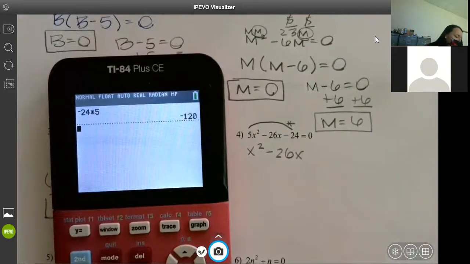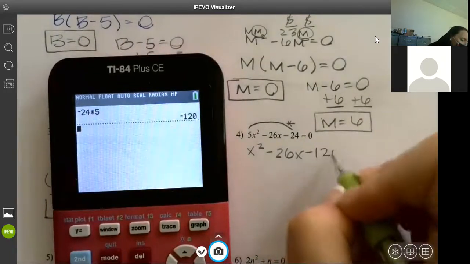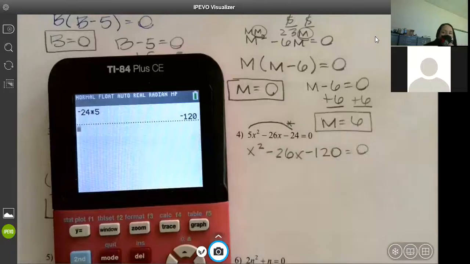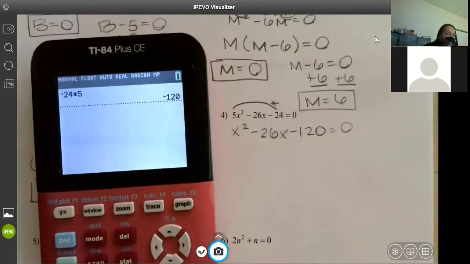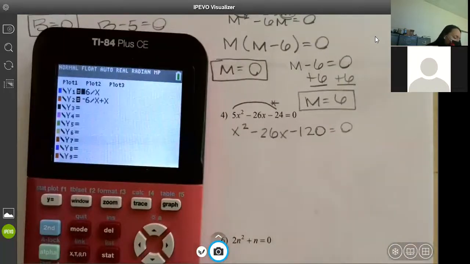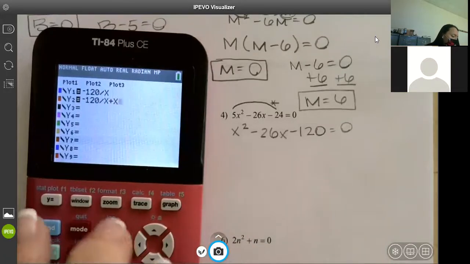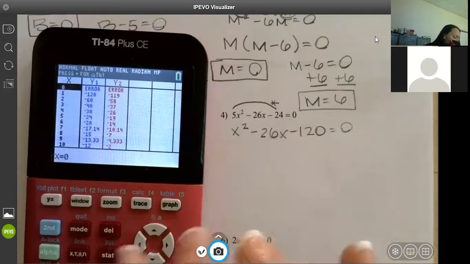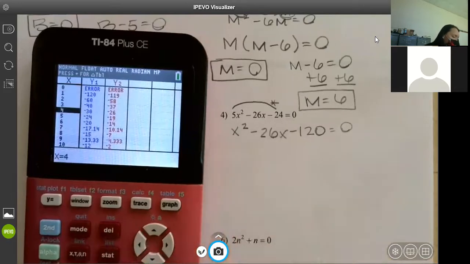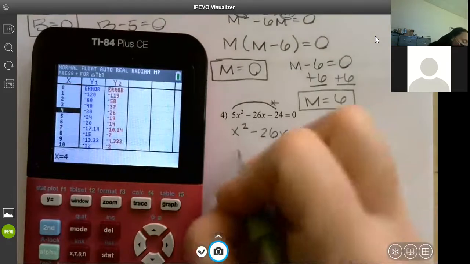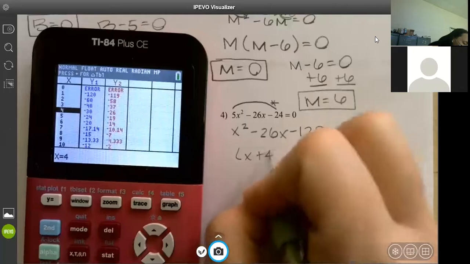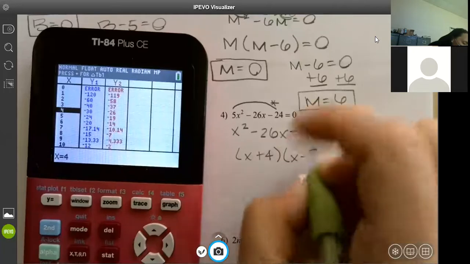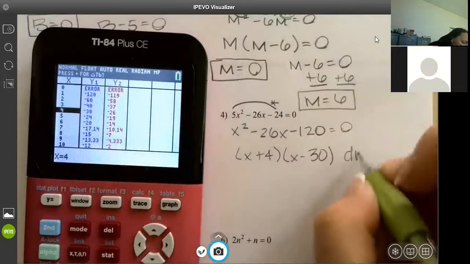And then -24 times 5 is -120. Now we can use the cheater method, and I don't know my factors of negative 120, so I'm going to put them in my calculator. I'm looking at my table for negative 26, and it's right there with 4 and negative 30. So a positive 4 and a negative 30, but I need